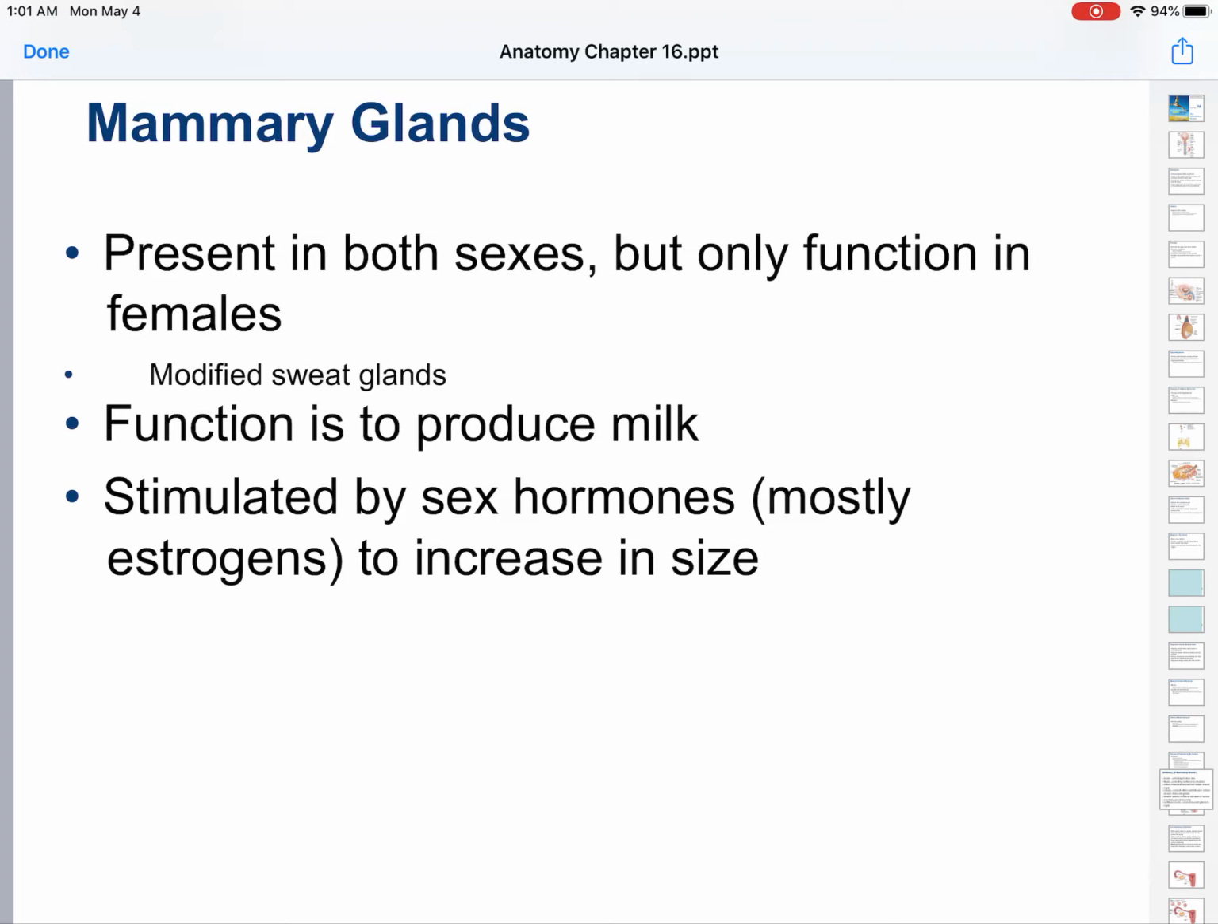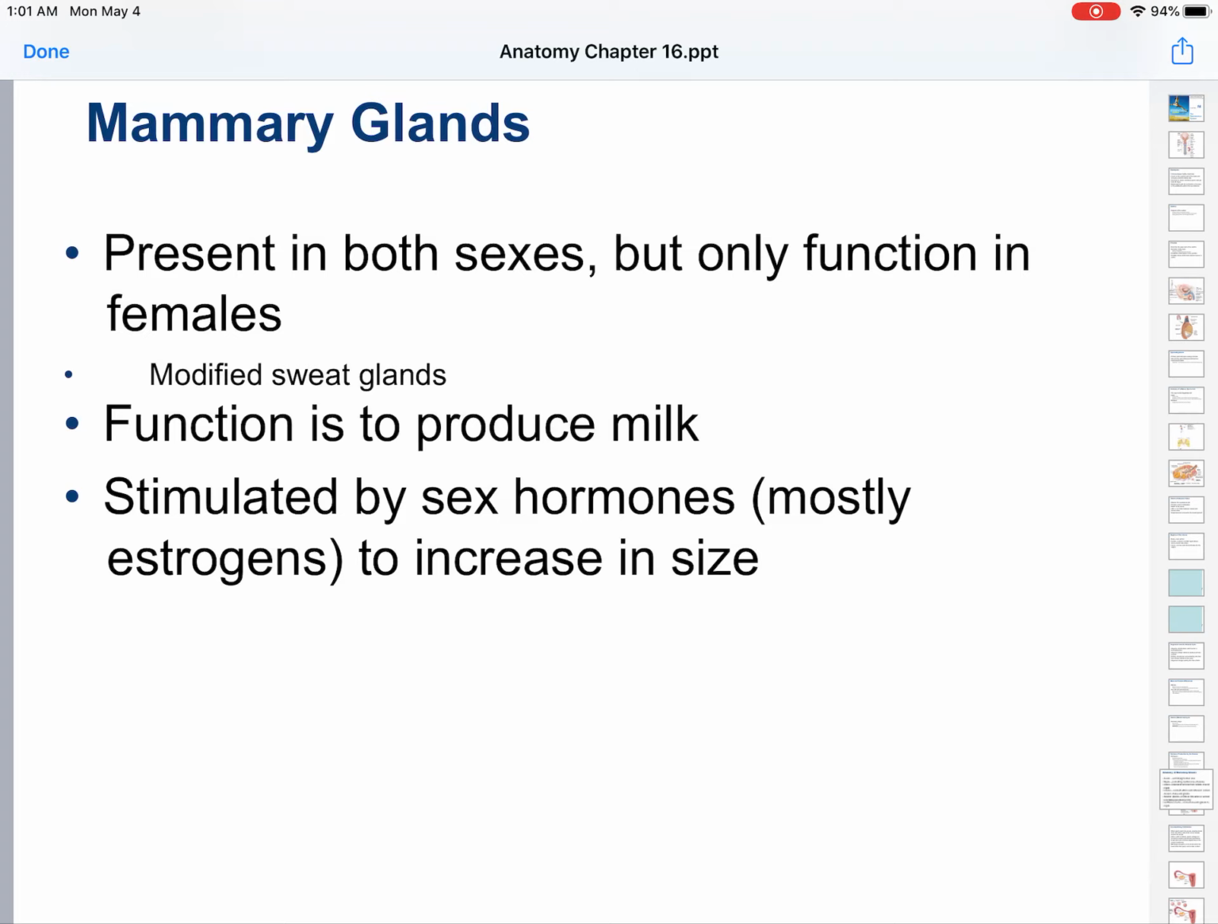Let's talk a little bit about milk production, mammary glands, and then the breasts themselves. Mammary glands are present in both sexes, but they only function, or they should only function, in females. They're a modified sweat gland. You do have some males that have minor function. However,